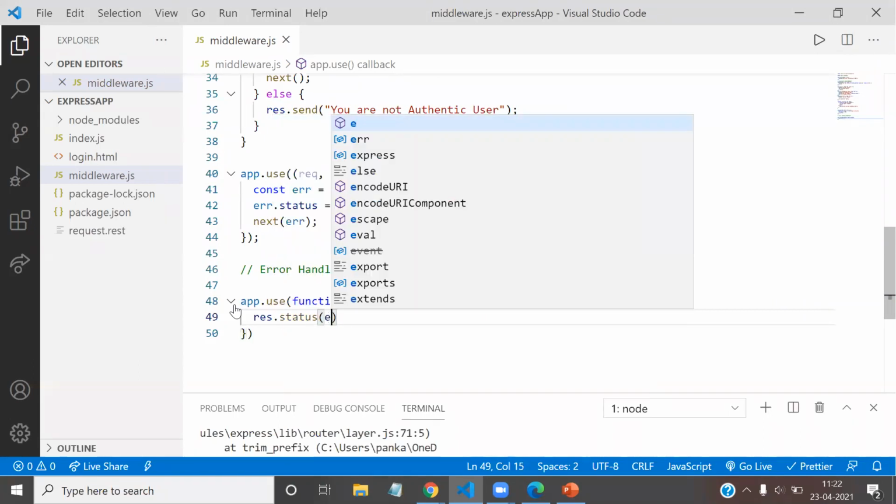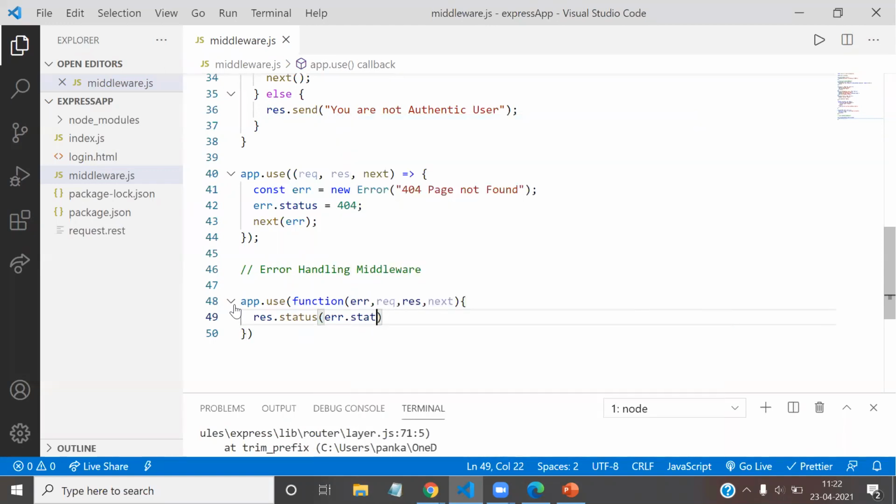The status code will be error.status, and if it is not set, then 500 will be set as an internal server error, and we also have to send the response. The response will be error.message.